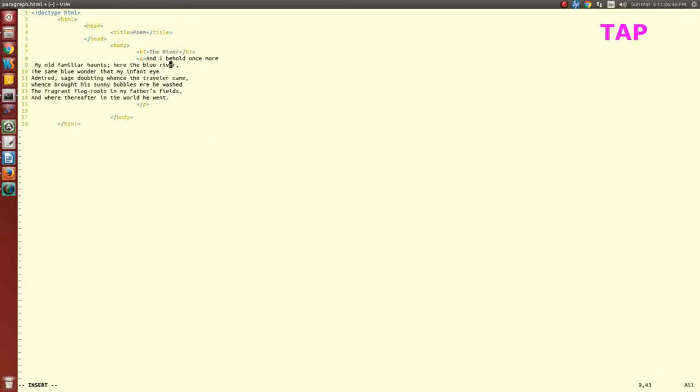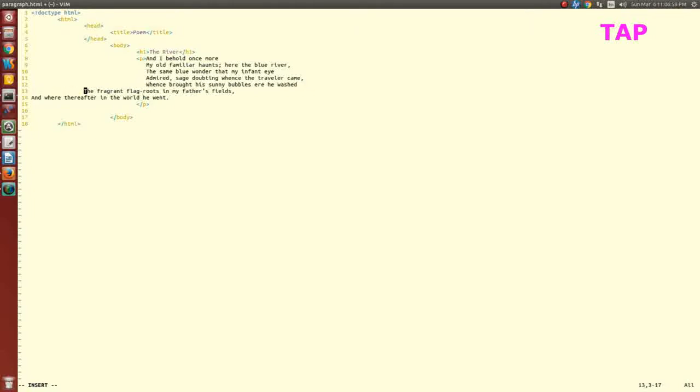When you start using these tags and writing your HTML document to make your web page, it will create interest in you, because you will get the output in the web browser. So here within a single P tag I have taken 7 lines and I want the output in 7 lines. Let me save it.